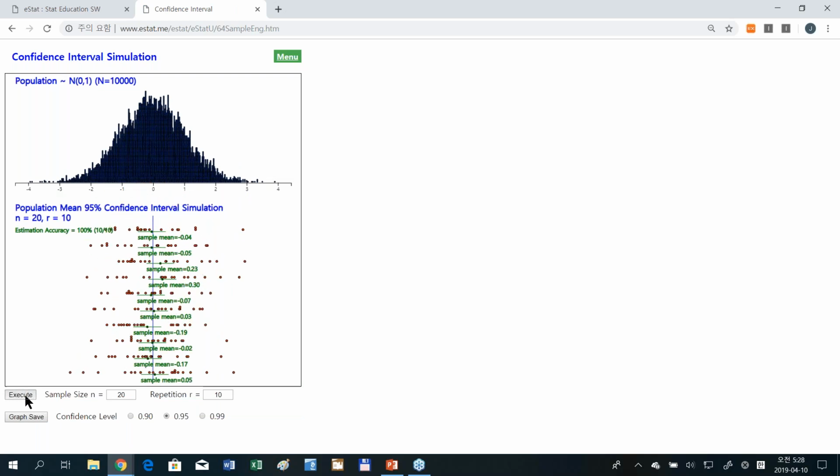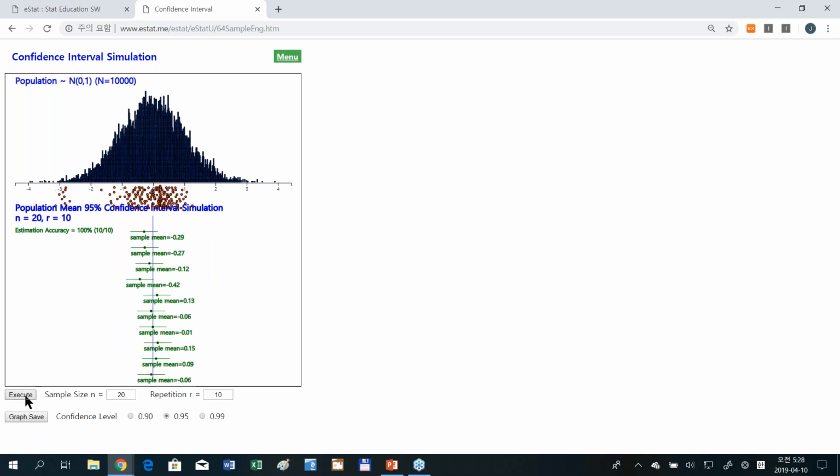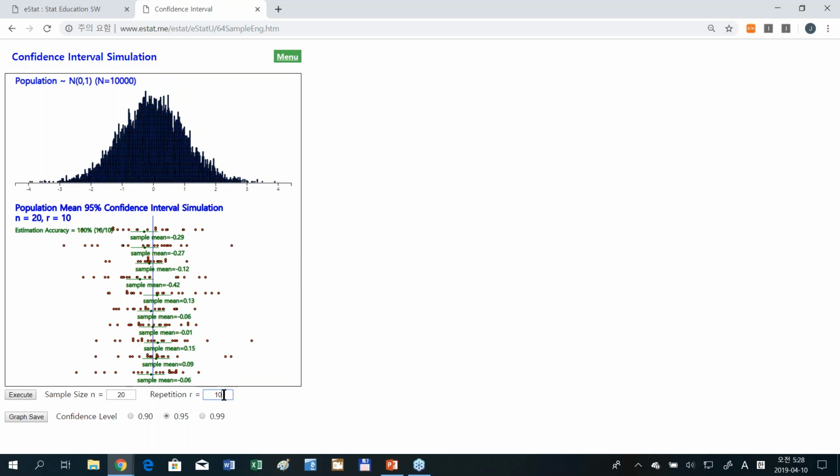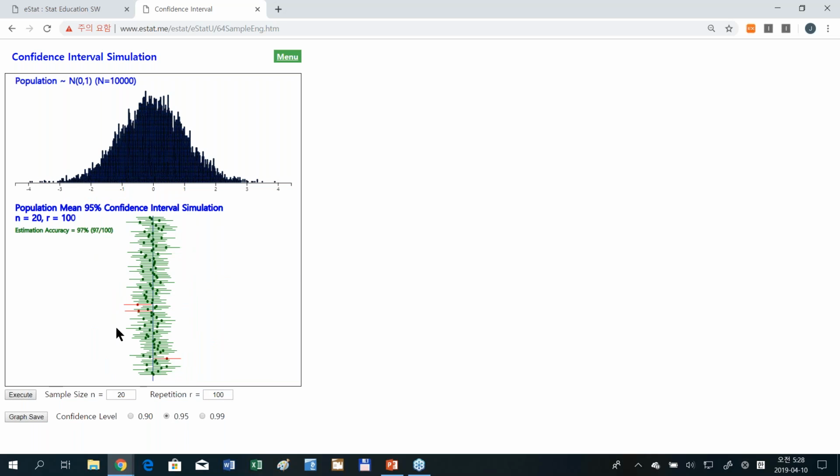You can do the simulation over and over. I'd like to show students what it would be if you repeat 100 times. How many of them will include the population mean 0 and how many will not? You can keep this experiment going. That's the meaning of the confidence level.